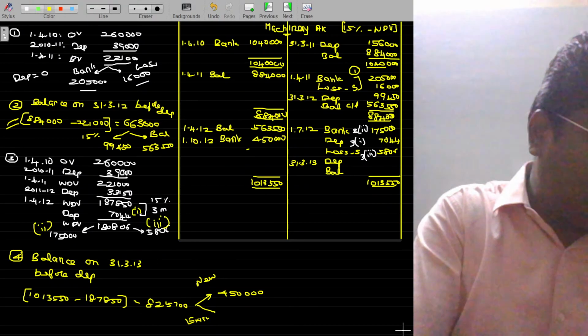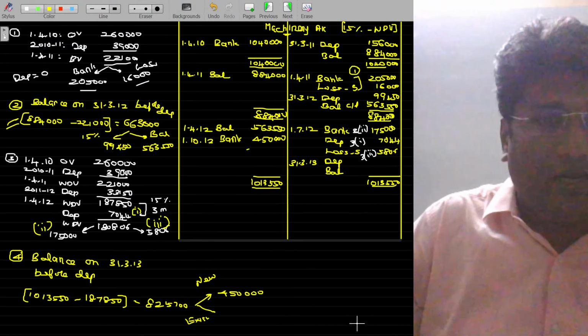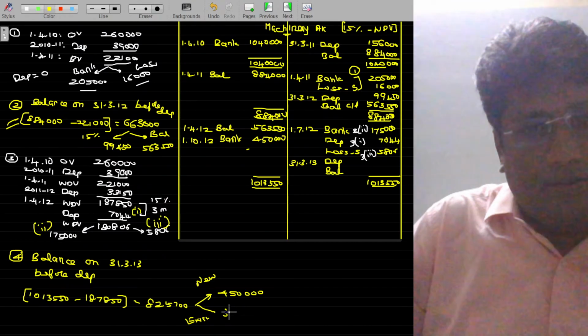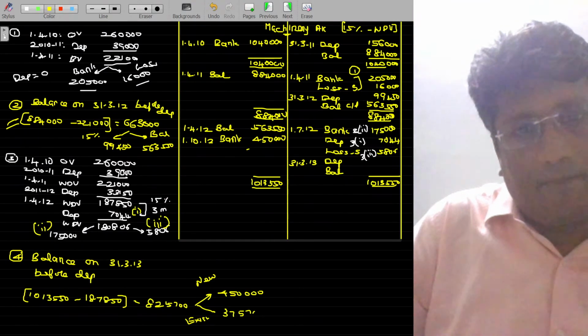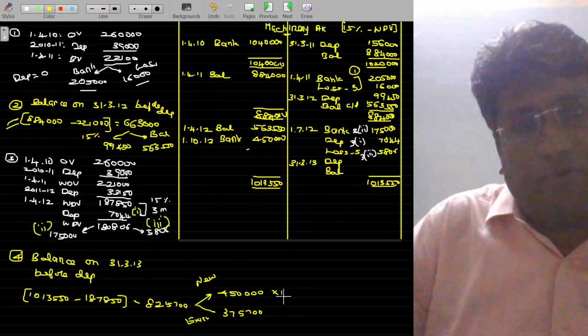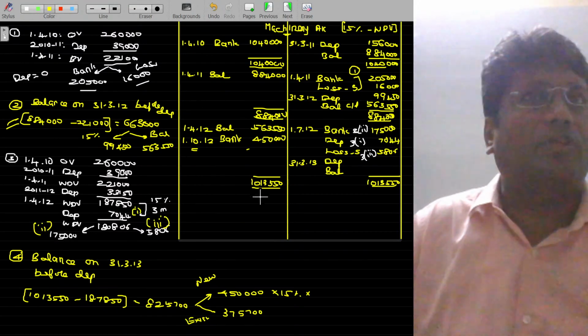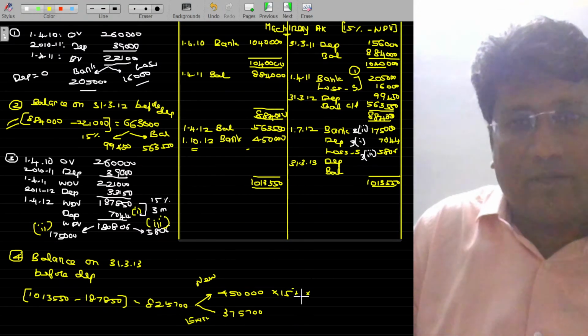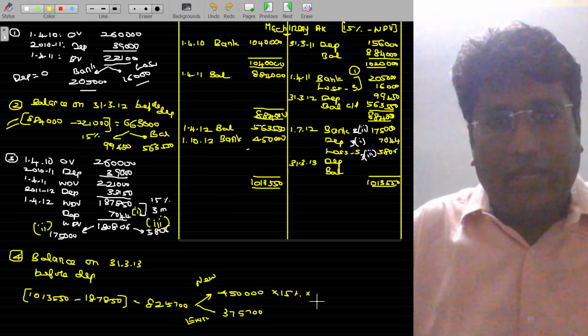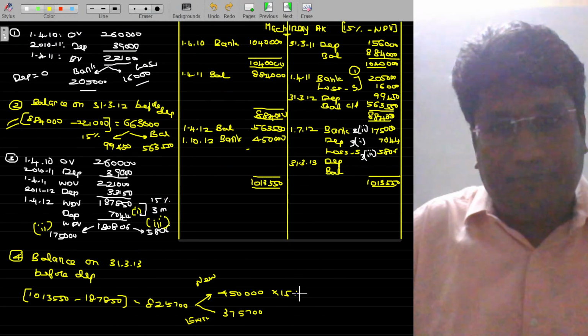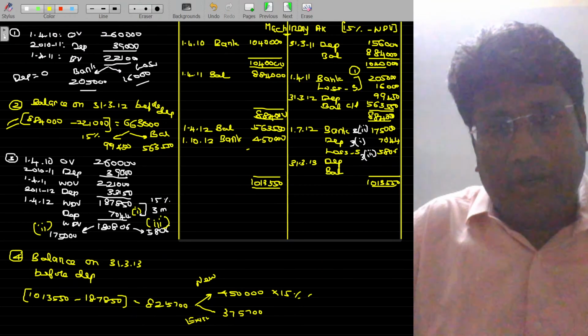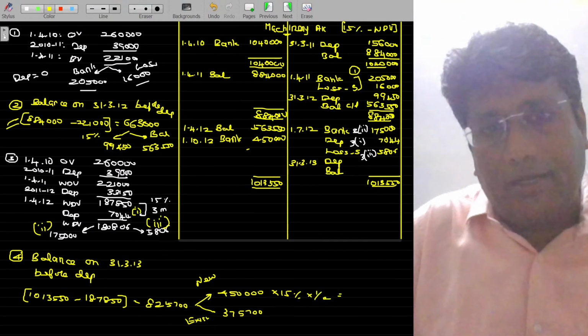So 8,25,700 minus 4.5 lakhs, this value being 3,75,700. Now for this 15 percentage, for how many months? This new asset was purchased on 1st October. From the date of 1st October to 31st March, only 6 months is eligible. So I am going to calculate for 6 months only here. Half year,